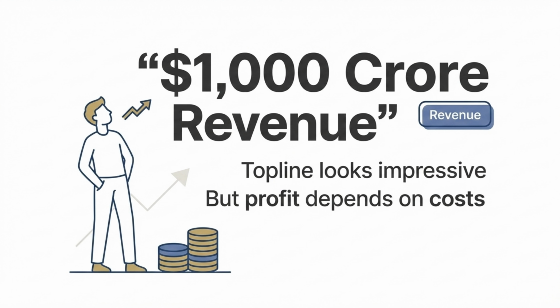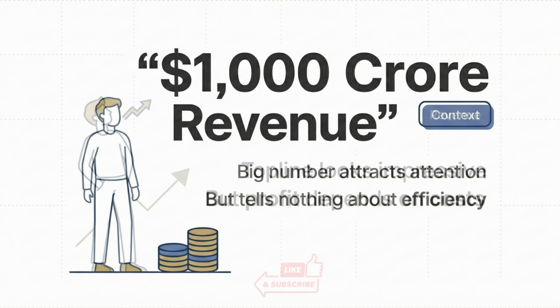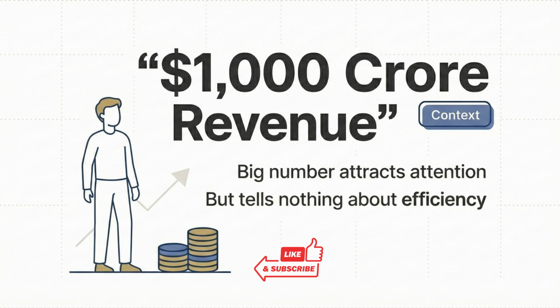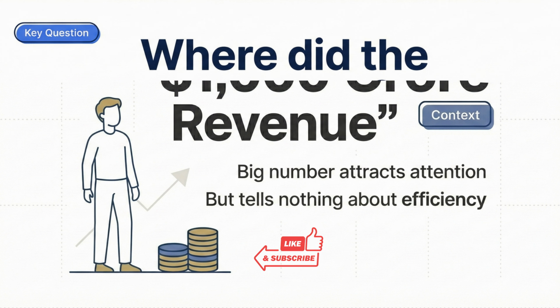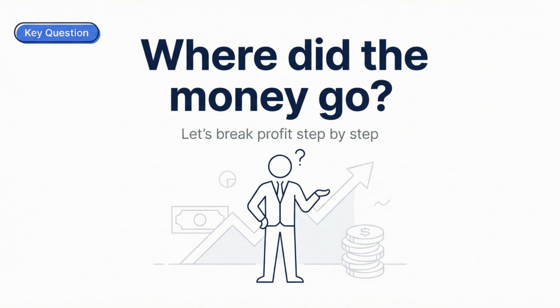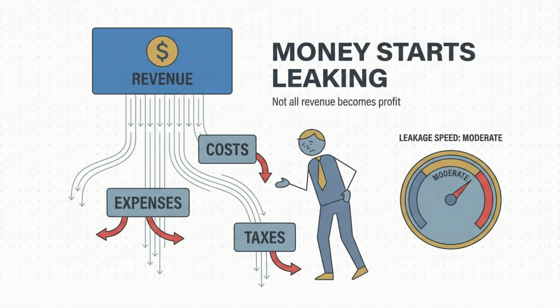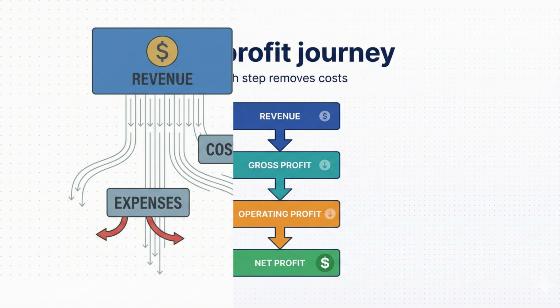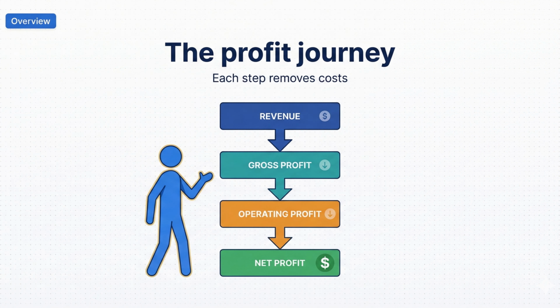A company reports 1,000 crore revenue. Everyone celebrates. But at the end of the year, the actual profit is just 40 crore. So where did the rest of the money go? To understand this, you need to follow the entire profit journey, from gross profit to operating profit, and finally to